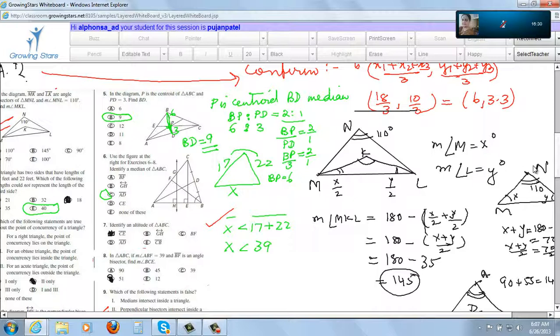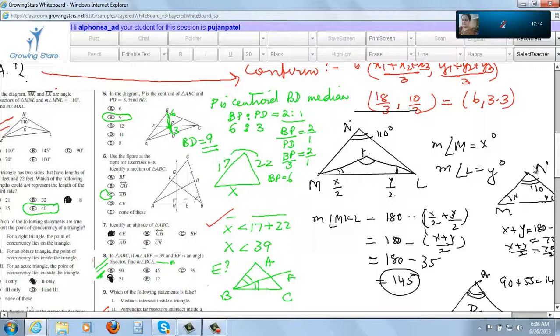Then in this question, actually the 8th question, there's something wrong. Either there should be a figure given, or this E should be F or something, because there's no mention of it here. If you draw this triangle ABC, you have BF as the angle bisector. But you're asked to find the measure of BCE, whereas we don't know where E is, isn't it? What is E? We do not know. So you can leave that question. There's something missing there.